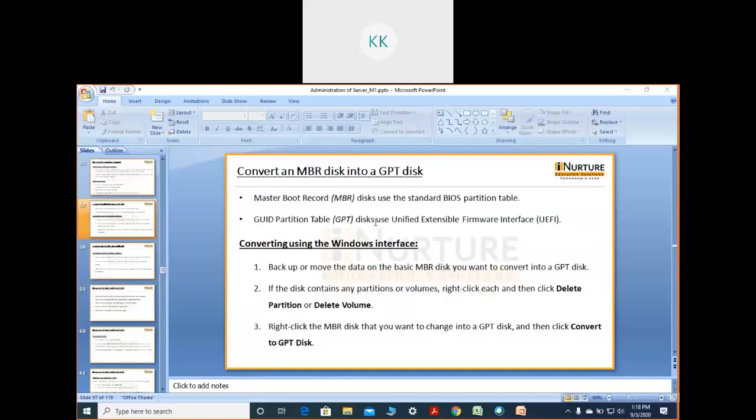I am giving you one task. Please collect some information regarding the MBR disk and the GPT disk. If a disk is configured with MBR, what are the different advantages you will achieve, and what are they in the case of a GPT disk? Can you do it? I repeat, you have to collect some information regarding MBR and GPT disks, including the advantages, disadvantages, and different operations that can be performed on these two types of disk. Make one consolidated report and submit it as your first assignment.